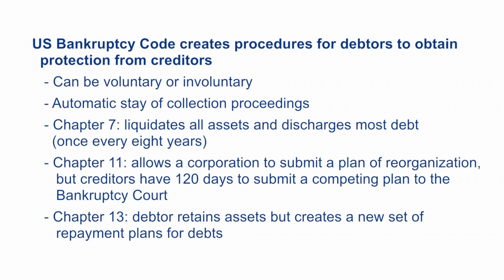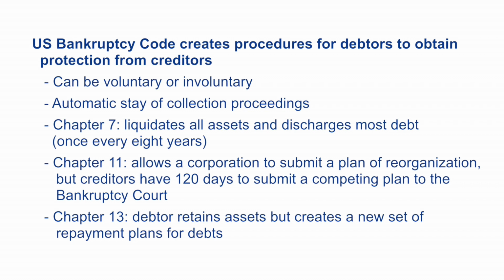A creditor can also file a petition for bankruptcy under Chapter 11 of the Code, which provides for a supervised reorganization of a debtor's business. So under that proceeding, a debtor has to submit a reorganization plan to the bankruptcy court, which provides for termination or reduction of the debtor's debts. However, the creditors can actually submit competing plans for reorganization, and the court can then make a determination regarding what's the most efficient and feasible plan.